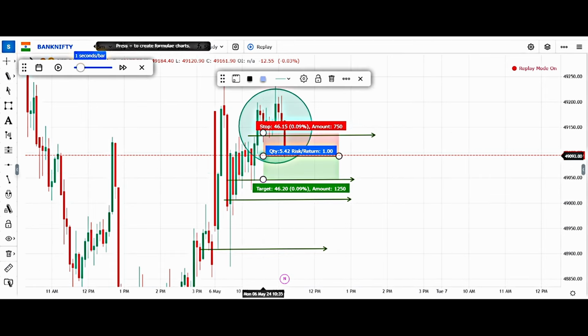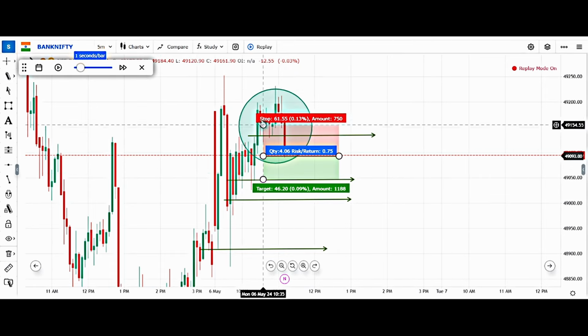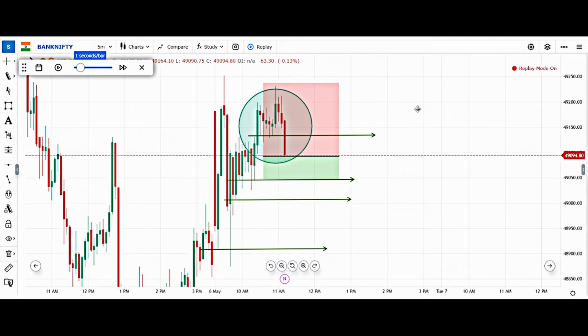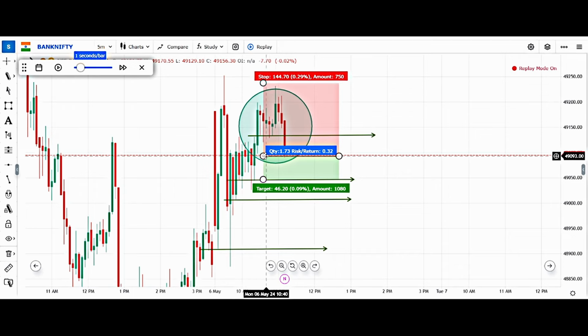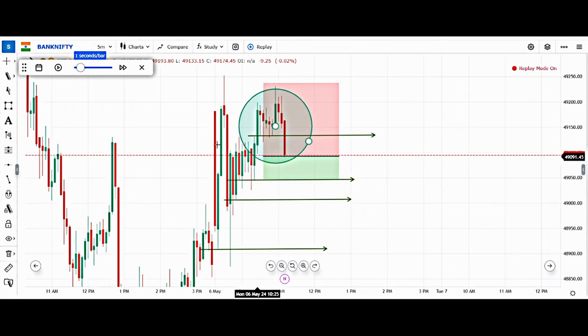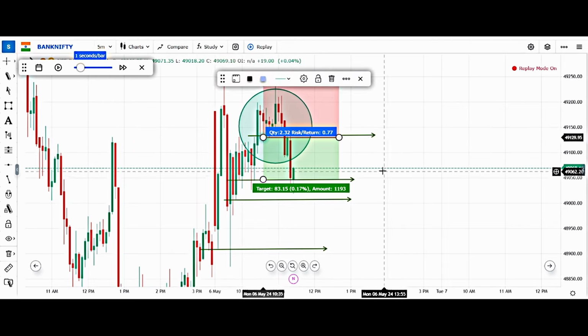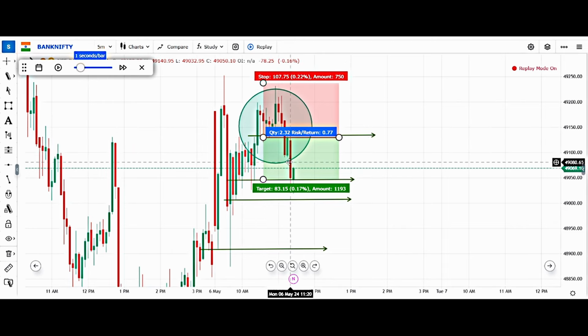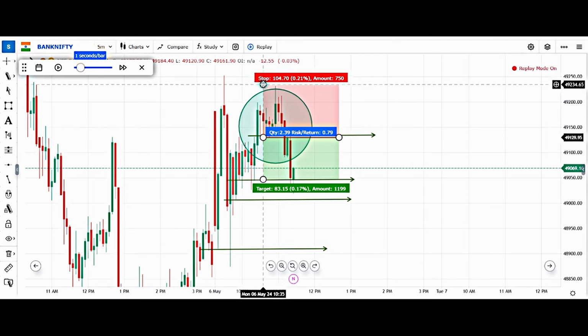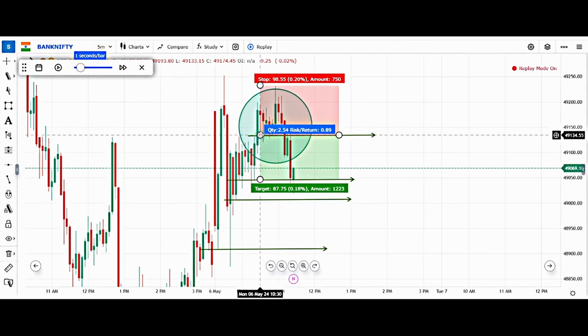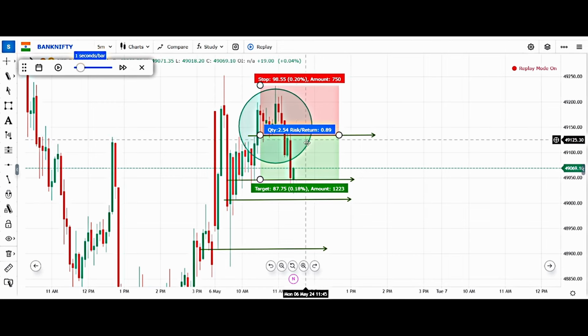So will you take the entry here? Tell me. Because we are looking at Bank Nifty, this is 144 points. Will you take the entry here? No. What's our second rule? Our second rule says that it should be 100 points. So we won't take the entry. We will wait. If you see in this green candle, our stop loss has become around, if I put it ideally a little more up, yes, 94. We could enter here, we did take an entry, and then